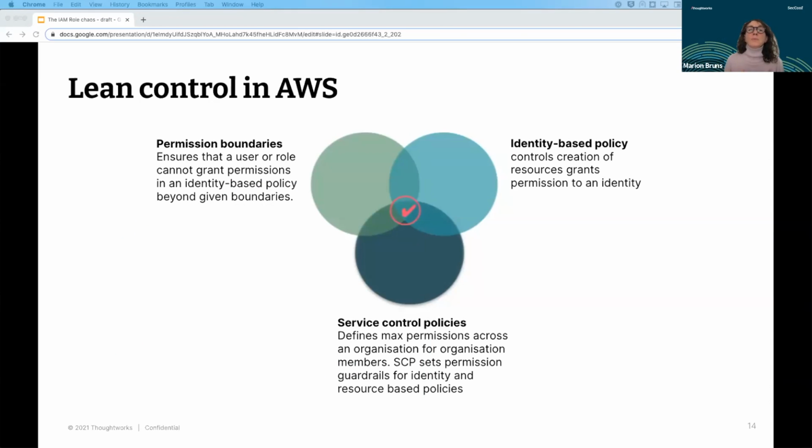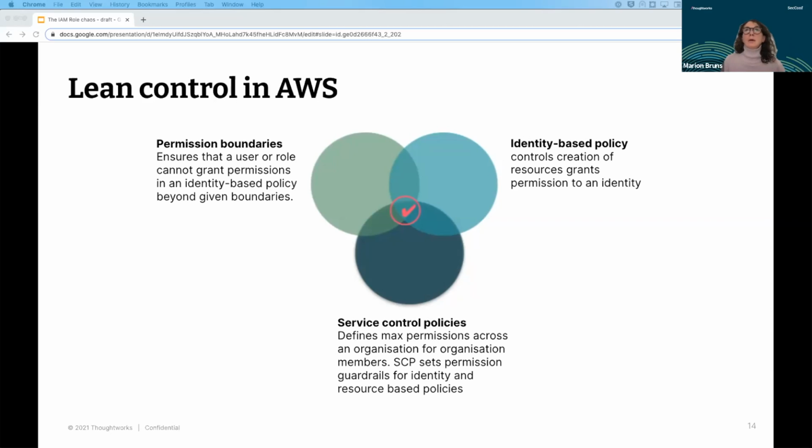Of course, your main concern will still be how to delegate IAM to developer teams without losing control. And in AWS, there are some tools, or rather measures at hand, which help you to delegate this safely. There is the concept of permission boundaries, for example, and that ensures that a user or a role cannot grant permissions in an identity-based policy beyond that given boundary.